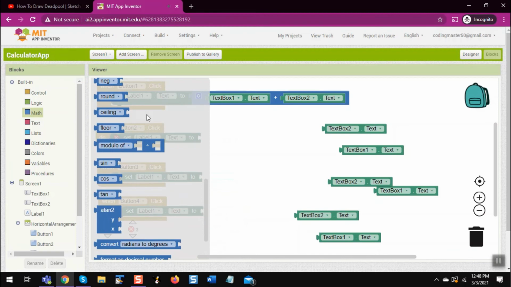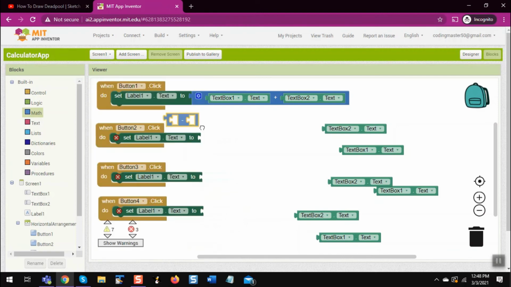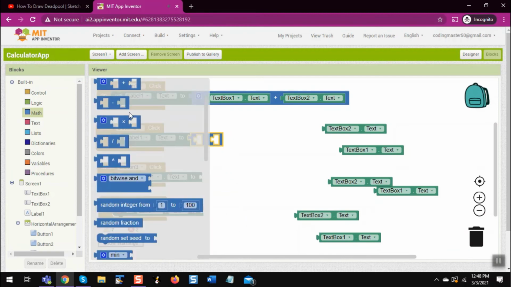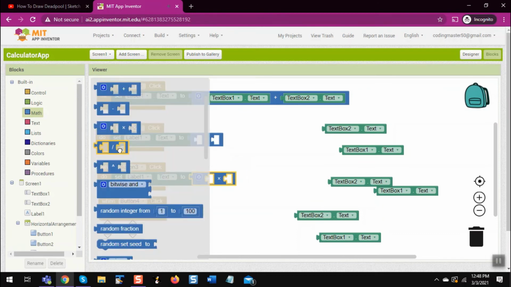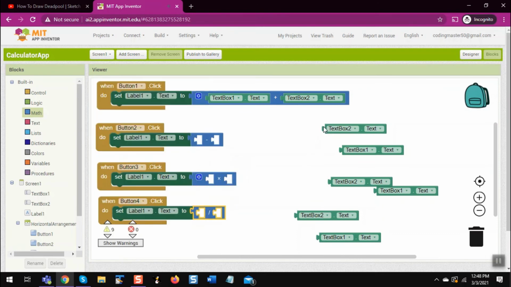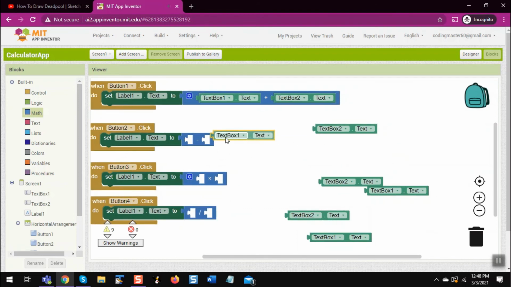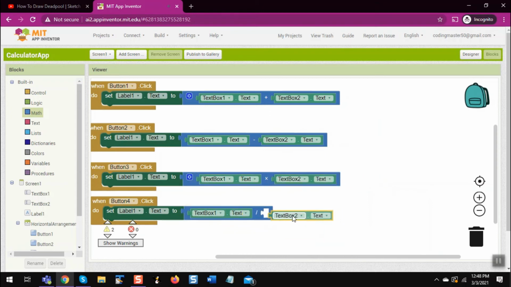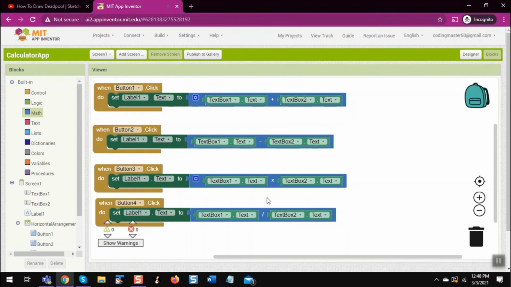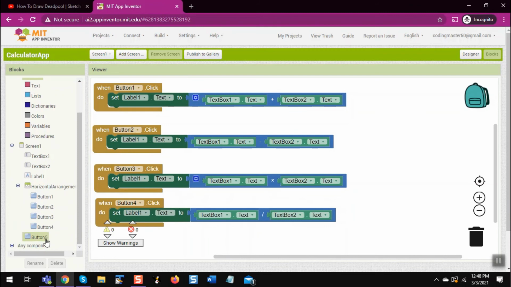For the second one, put the minus on the main screen. For the third one, put the multiplying on the main screen. And for the fourth one, put the division on the main screen. Then TextBox1, TextBox2, TextBox1, TextBox2, and lastly the same thing. Now we have done all the code for the calculator, but we also need to do the code for the